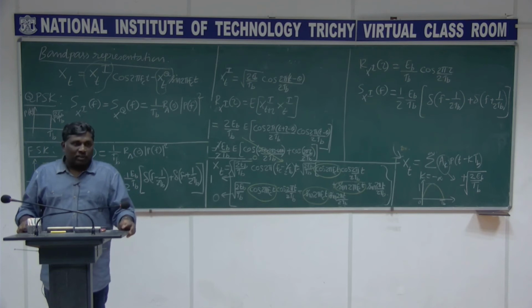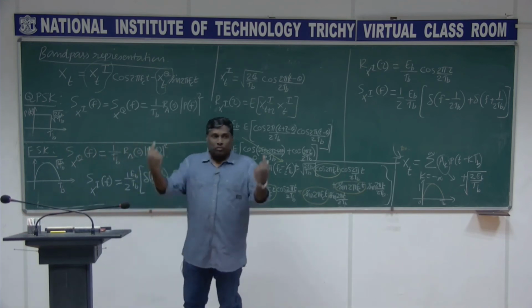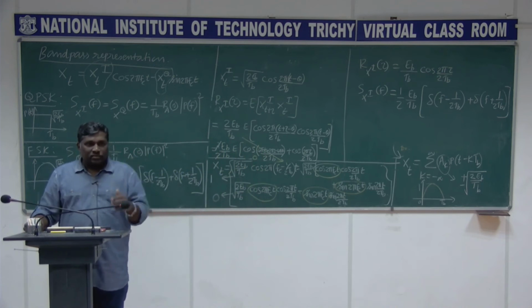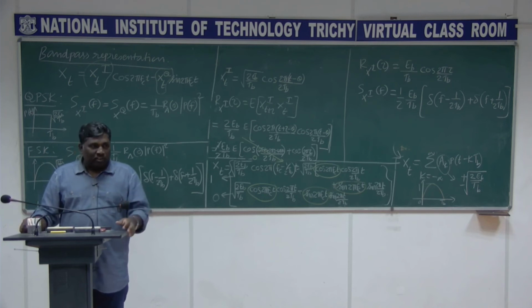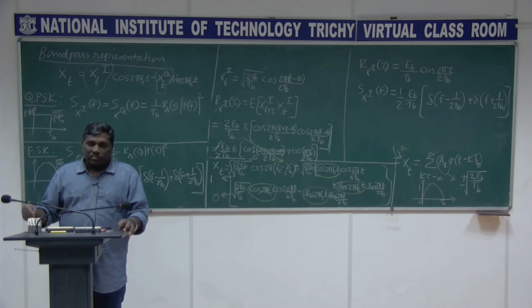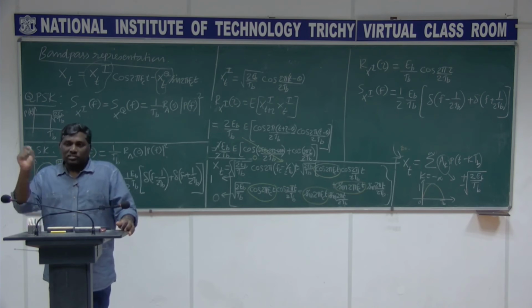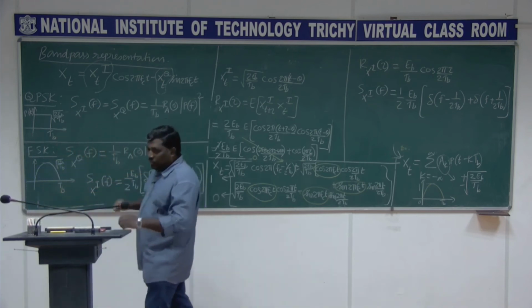That is a major drawback of FSK: it carries more power, having 2 impulses, and takes away the power we use for transmission, which is actually having no information, right. Just transmitting cos, do you have any information? No, isn't it? So that is the drawback of FSK, and that is why we go for other techniques, right. QPSK, MSK. MSK is the alternative for your FSK, and it does not have this impulse. You got it, right.